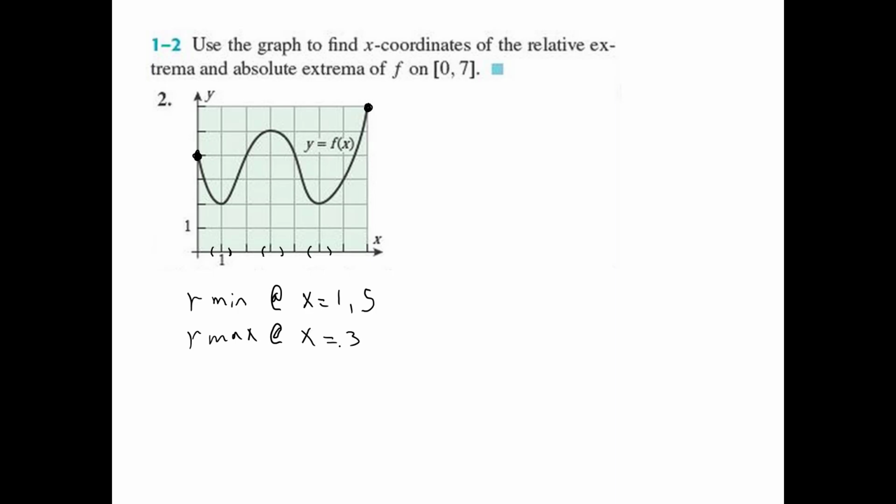Now, we do have a continuous function. You can see that it's all one piece. It is on a closed interval, on the interval from 0 to 7, so the theorem guarantees us that we have to have an absolute max and an absolute minimum. The highest point on the graph is where your absolute max is,